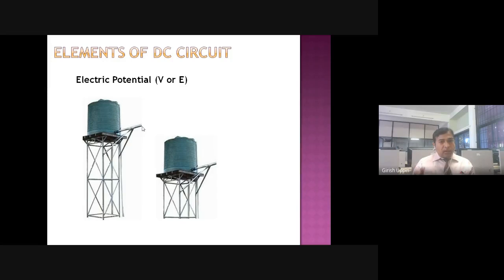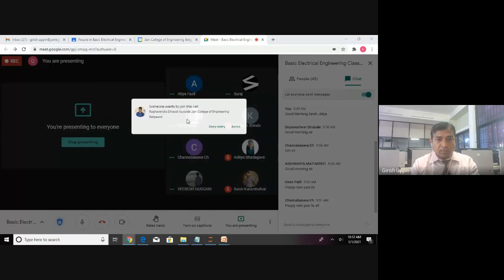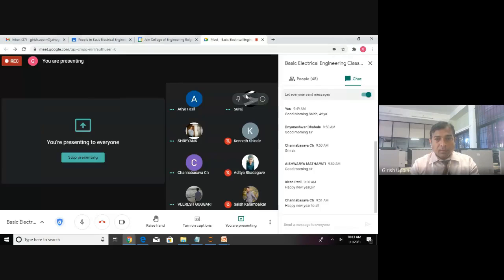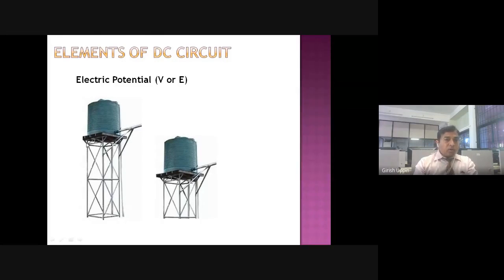Okay, rotate the turbine. When the turbine starts rotating, it is coupled to a generator. And what is a generator? A generator is the one which converts mechanical energy into electrical energy. So if I connect this to the turbine, this has more potential. It will rotate the turbine faster compared to this one. Isn't it? Okay, so the amount of work done is more, the capacity of this particular